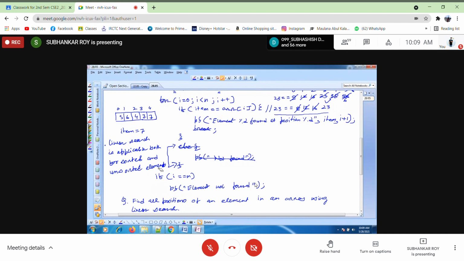Instead of elements, better I write array: whether the elements are in sorted order in the array or not.